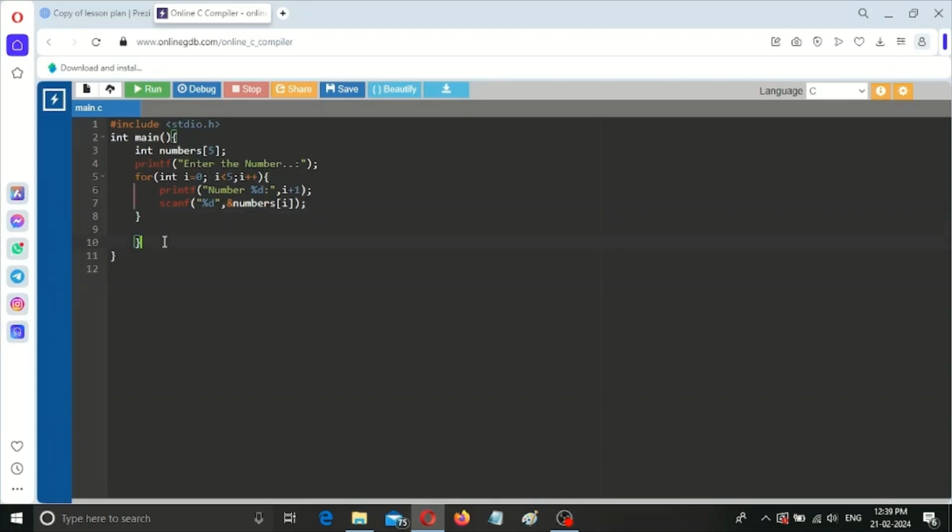Actually, there are already extra braces. Okay, then we have to add the numbers the user entered, right? So we have to perform the addition of 5 numbers. Let us first initialize the variable sum equal to 0. First initialize the variable sum equal to 0. Then we have to